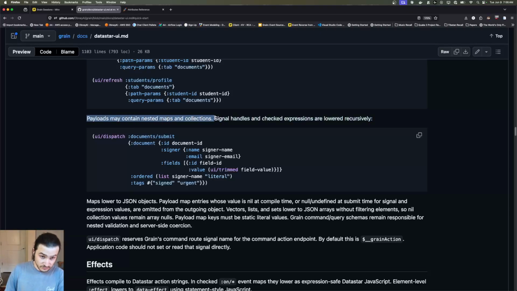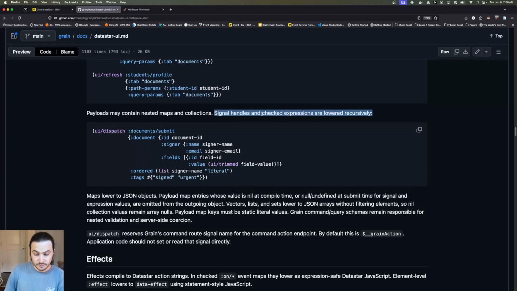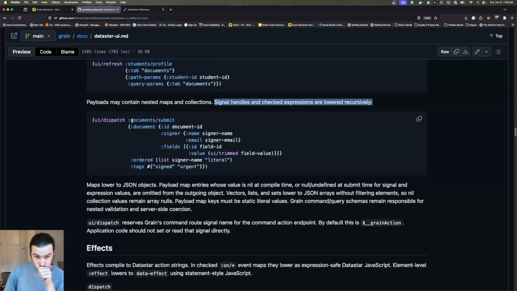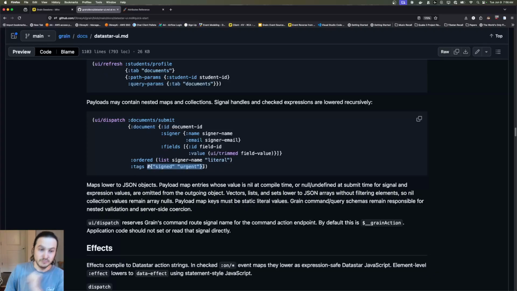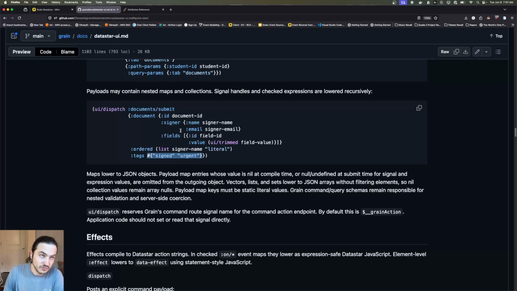Payloads may contain nested maps and collections. Signal handles and checked expressions are lowered recursively. So if you're sending document submit, the payload can contain this document metadata map using signals all throughout. We could even send a list. We can send a set. And then all of this gets transformed and marshaled back up into proper Eden as per your schema for